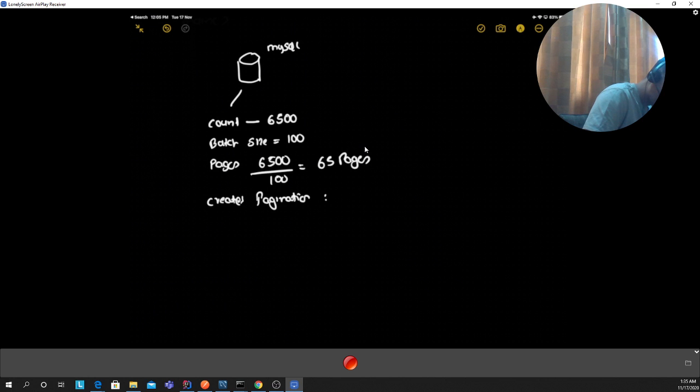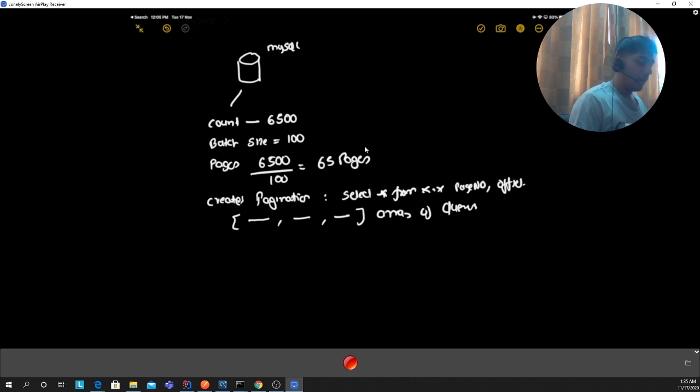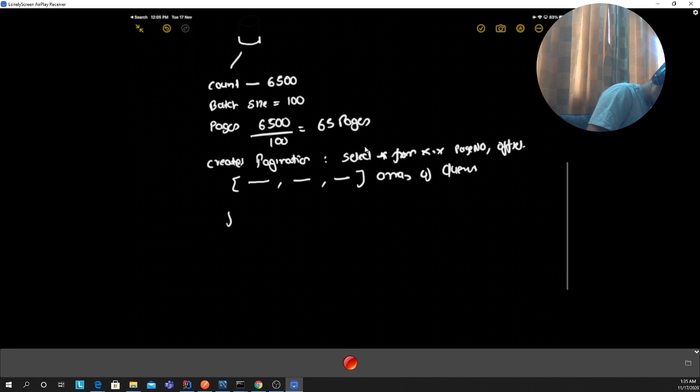Basically, select everything from that database table, and then you would have the page number and the offset. So I created an array of queries.